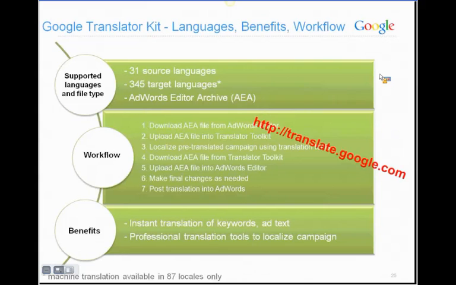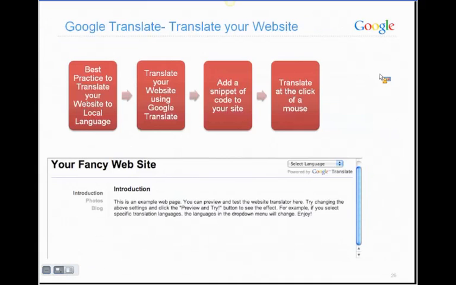As long as a website's content is native-like and translated, a user will be happy to browse around and engage with the site. A website needs to be translated to be successful and efficient. This can be done easily using Google Translate. It involves just placing a piece of code on the back end of your website.